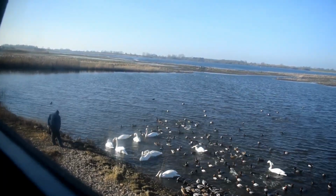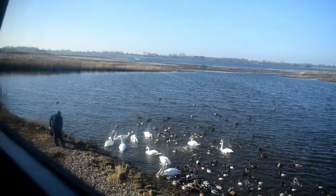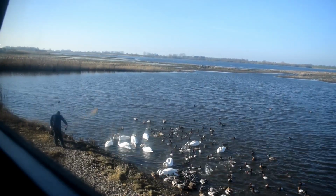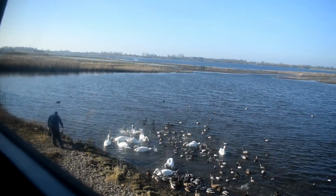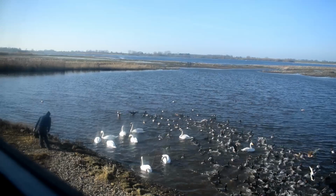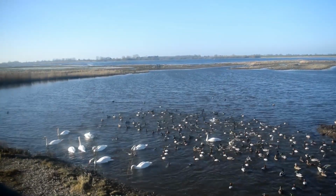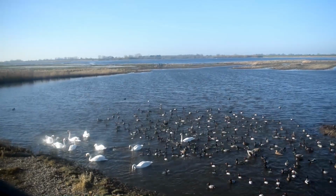WWT has been working internationally across the whole of the flyway to raise awareness of this and to encourage the protection of Bewick swans. They've also fallen foul of ingesting lead shot. So lead, unfortunately, has been used over wetlands historically and the land that they go out into and feed during